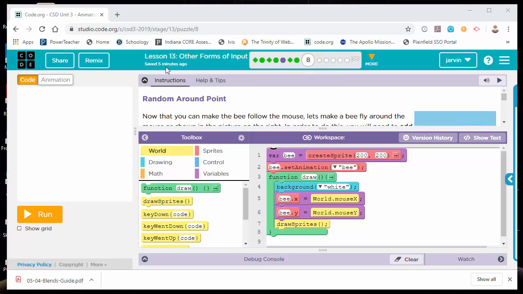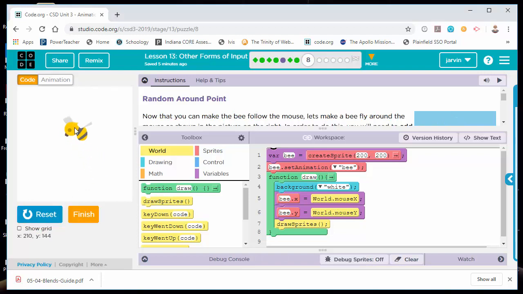Quick help on part number 8 of lesson 13 on code.org. We're back to the bee that follows your mouse around. When you move your mouse around, it just goes where the mouse goes. But now what we're going to do is add a little random jiggle to the bee so it looks like